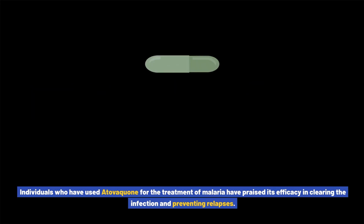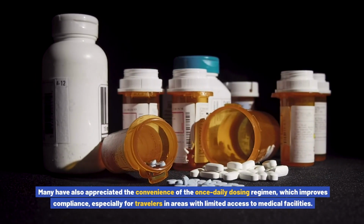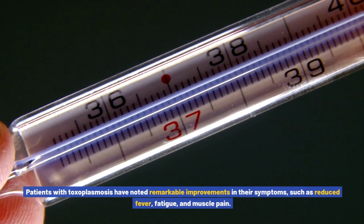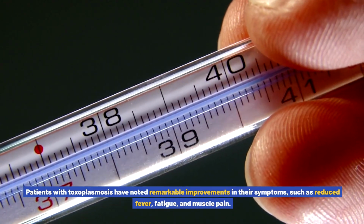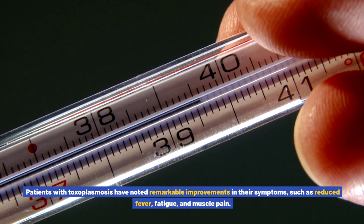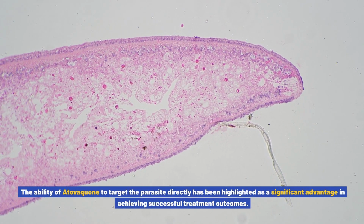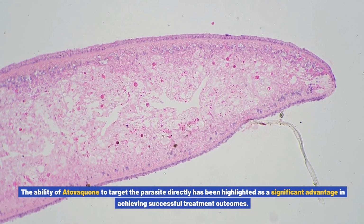preventing relapses. Many have also appreciated the convenience of the once-daily dosing regimen, which improves compliance, especially for travelers in areas with limited access to medical facilities. Patients with toxoplasmosis have noted remarkable improvements in their symptoms, such as reduced fever, fatigue, and muscle pain. The ability of Atovaquone to target the parasite directly has been highlighted as a significant advantage in achieving successful treatment